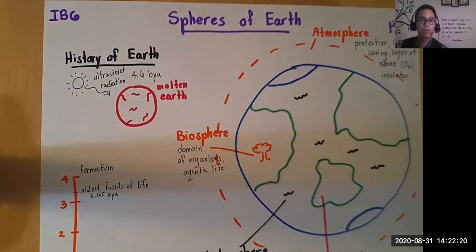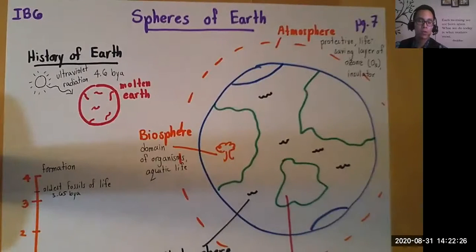So I want you to walk away with two very important ideas. The first very important idea is that these four spheres of Earth work together in order to maintain life on Earth. The second really important idea is this relationship between the living and the non-living world. It's really important that we understand that difference, because whether you like it or not, we are always in interaction with the non-living world, and we don't even realize it.